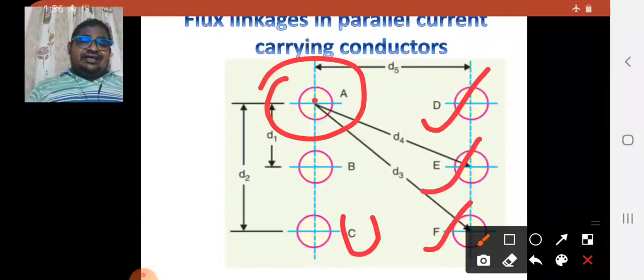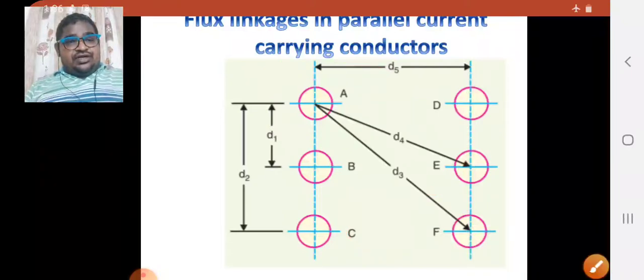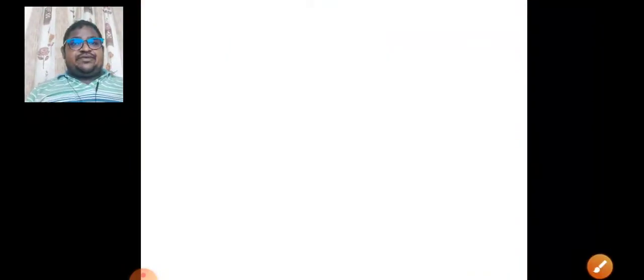Now already we calculated the internal flux or the entire overall flux of a single conductor. So we proceed in the same manner. First it is very important just to observe how I am going to derive the expression. So first I am taking the flux linkages with conductor A due to its own current. I am saying specifically due to its own current, that is IA, is given by